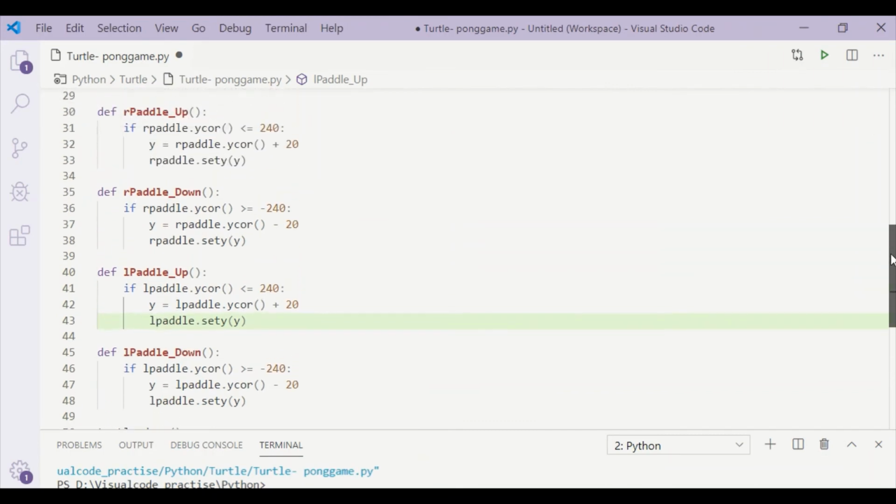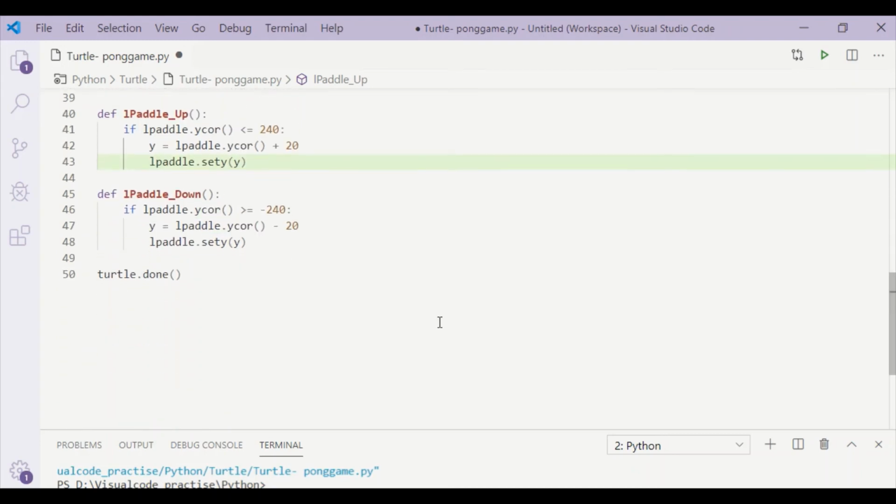I have zoomed in to see all 4 functions in this screen. 240 is a pixel at top of the screen and minus 240 is at the bottom of the screen along y-axis.